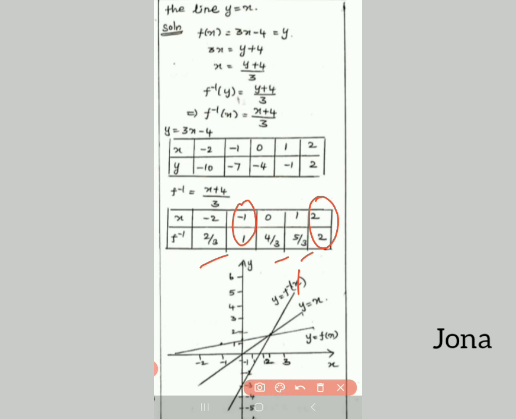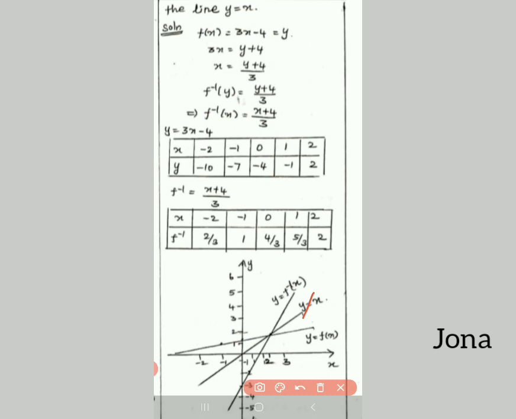And then about the symmetrical line y equal to x, we want to draw the line here, isn't it? That means for y equal to x we want to put one more table. If x equal to 0, y is also 0. If x equal to 1, y is also 1. For y equal to x I am telling that. So 0 comma 0 and 1 comma 1. So the line through 0 comma 0 and 1 comma 1 is here.